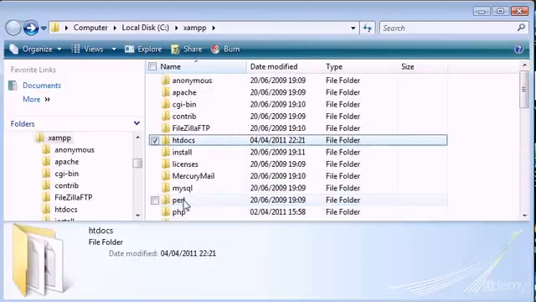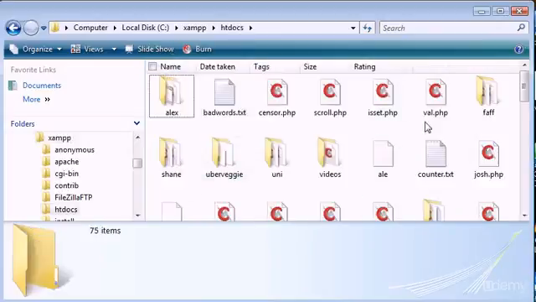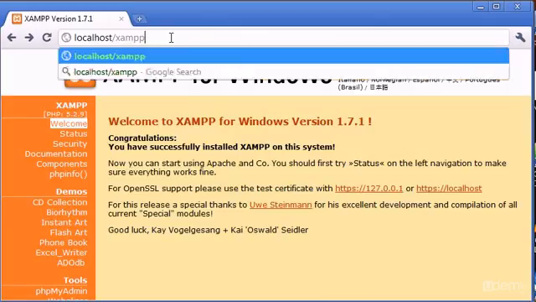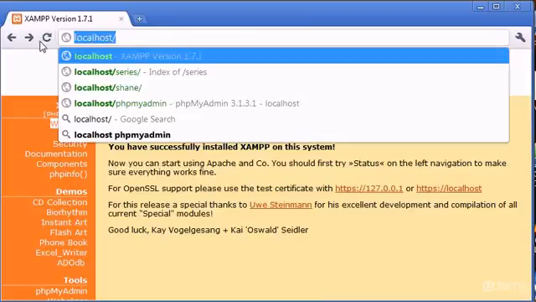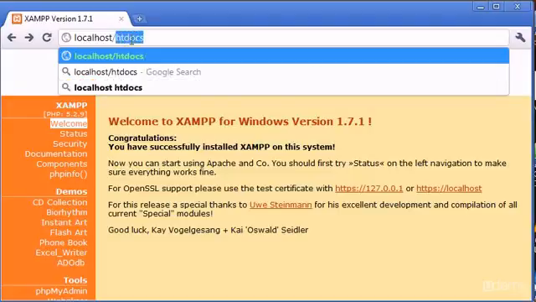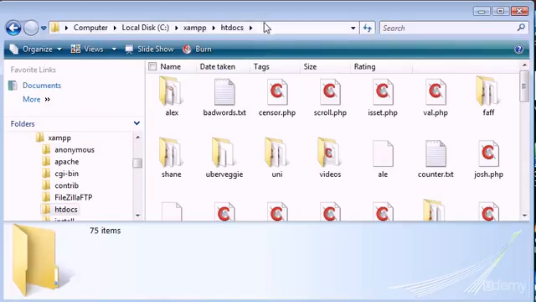Okay, so htdocs is the folder that I want to focus on in this tutorial because we're going to be creating our first file. Now inside htdocs, at the moment it's a bit of a mess for me. I've got a few files in here, but we want to create our PHP file in here. So let's just open up our browser. So you know now that we access our website, or our local server, from localhost. Now we don't need to do localhost/htdocs/ and our file, because htdocs here is the root directory, if you like, for where